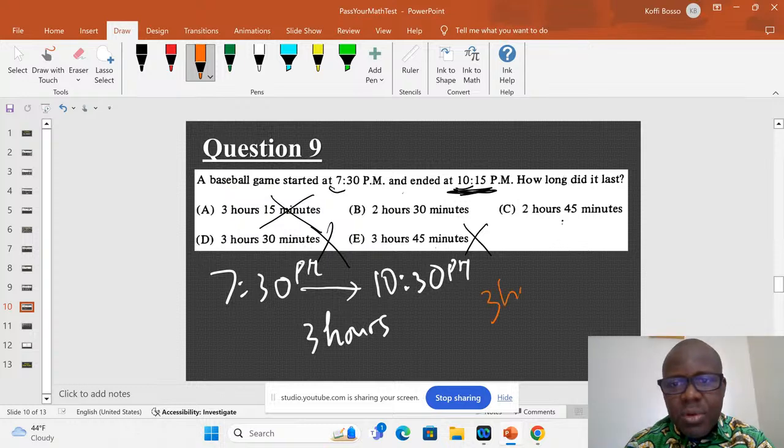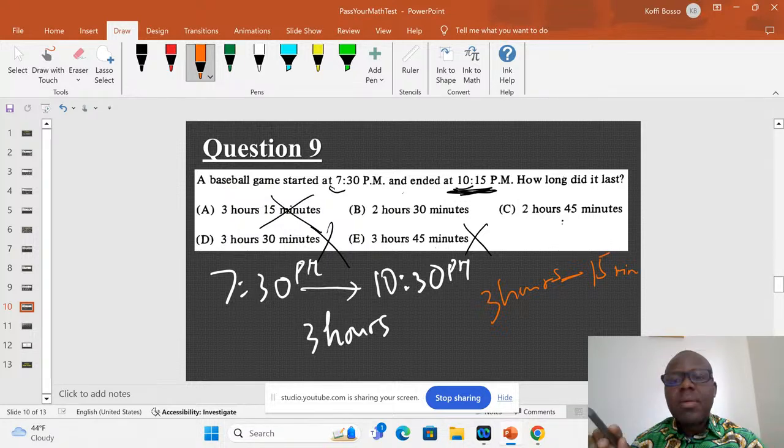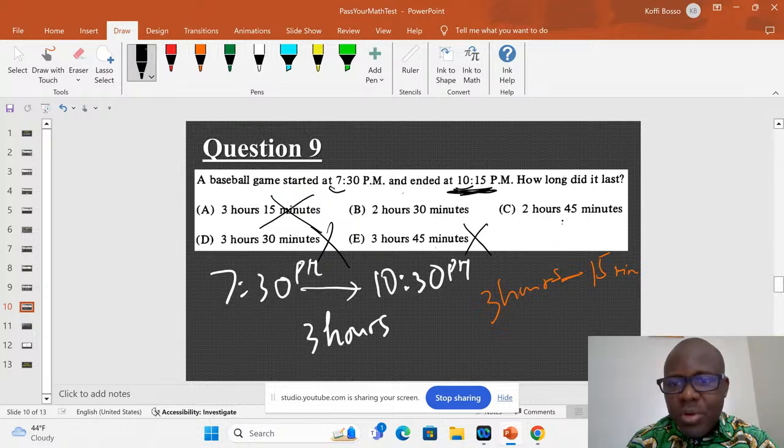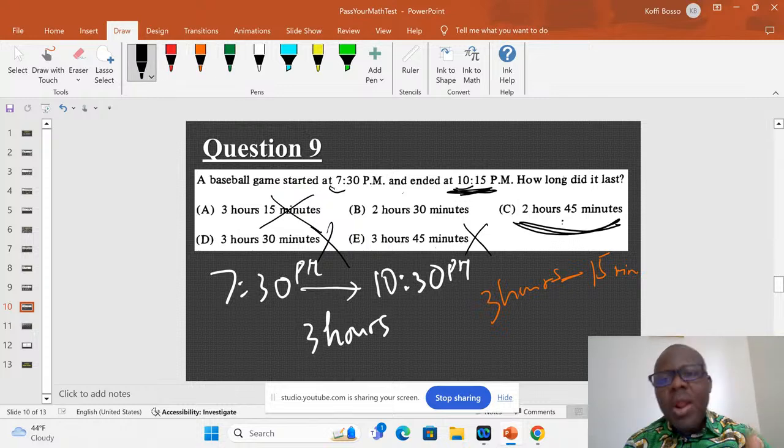So 3 hours minus 15 minutes, which is 2 hours and 45 minutes. So the correct choice is this one. Another way to understand it: